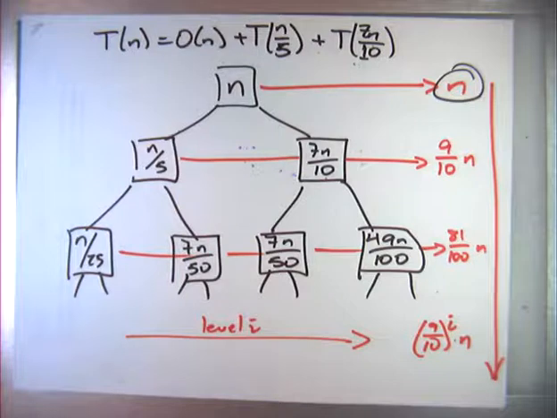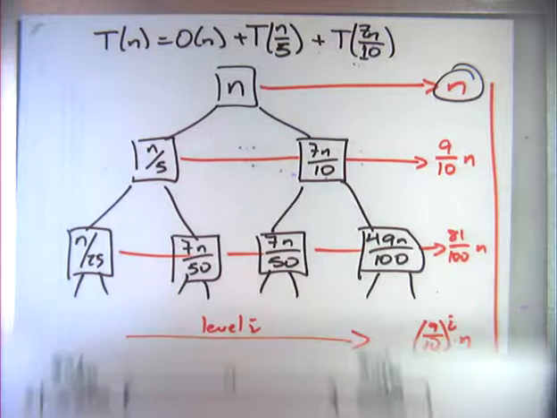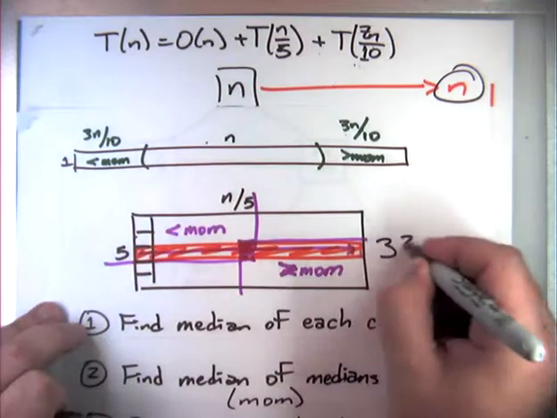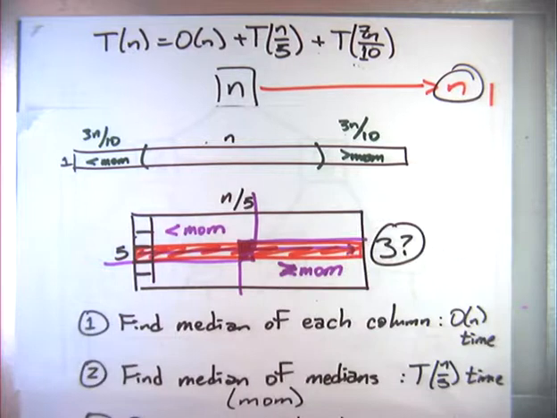Now, there's a reasonable question that you might ask: why 5? In fact, somebody did ask. 1 is clearly not going to work. And to keep things simple, it's probably easier to imagine that we split it up into odd things instead of even, so that the two subproblem sizes, the two chunks that we're throwing away, have exactly the same size. So the natural thing to ask is, what happens if I put a 3 here? Why not split it into 3 rows of n over 3 each?